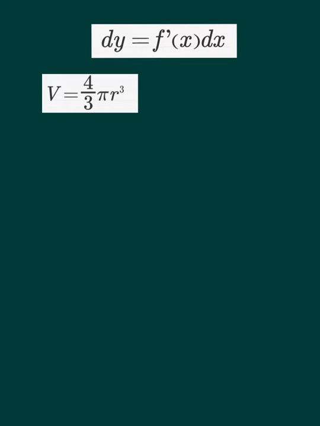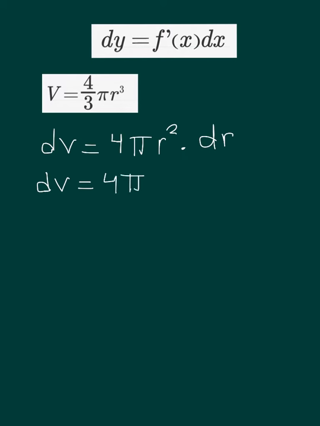We can obtain the differential of the volume by obtaining the derivative of this function, that will be 4 pi radius squared times the differential of the radius, that in this case is our change. So what do we have? We have that the differential of the volume is equal to 4 pi times radius